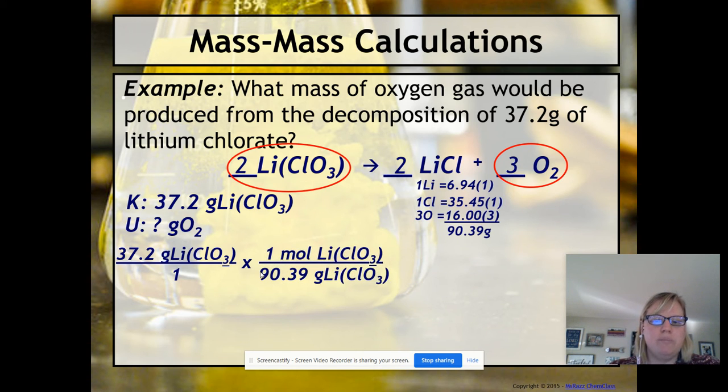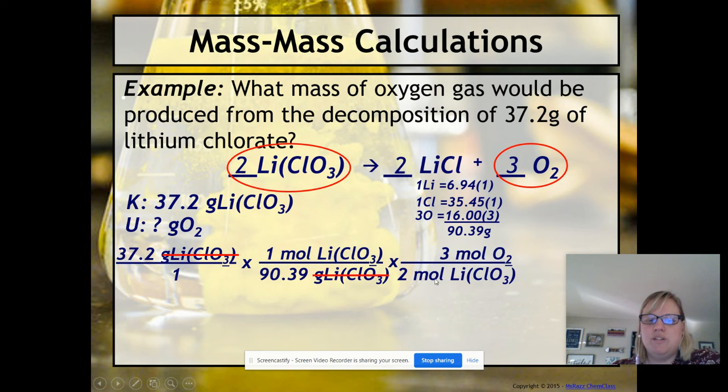So now we're going to plug that in, okay? Our grams of lithium chlorate can go ahead and cross off. So now we have moles of lithium chlorate. We want to use the mole ratio right here, the 2 to 3. Okay, so we're going to have 3 moles of O2 produced for every 2 moles of lithium chlorate used right here. Okay, so now our moles of lithium chlorate can cancel out,